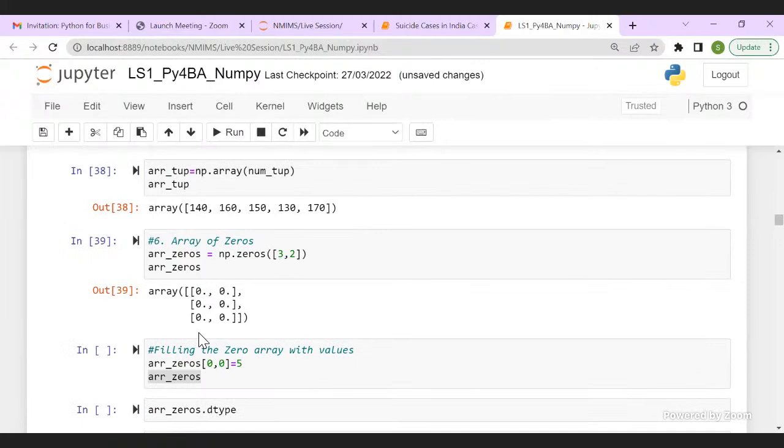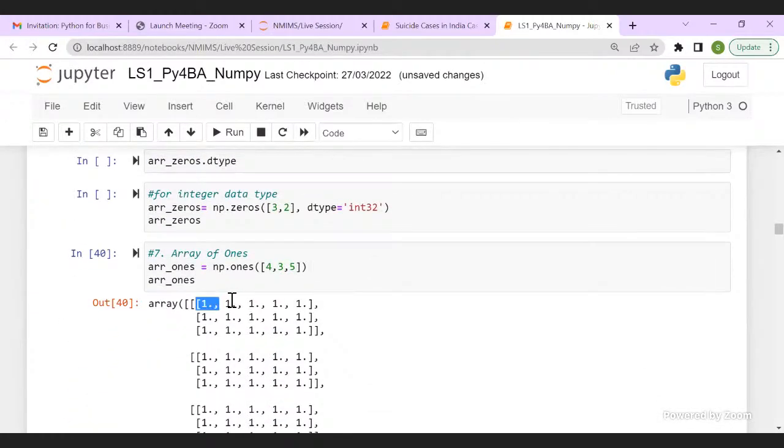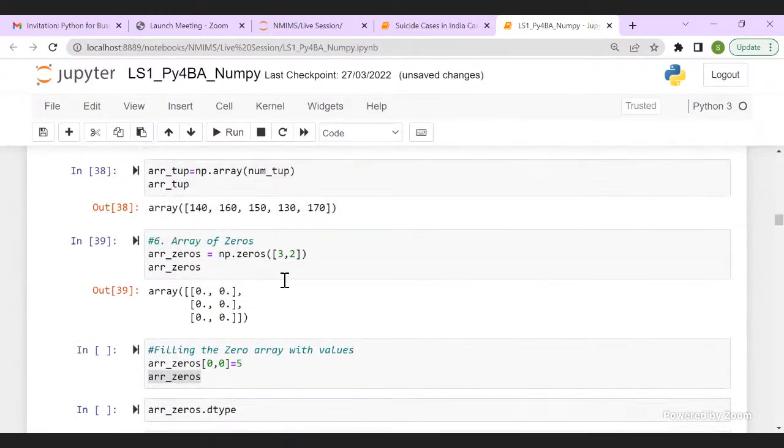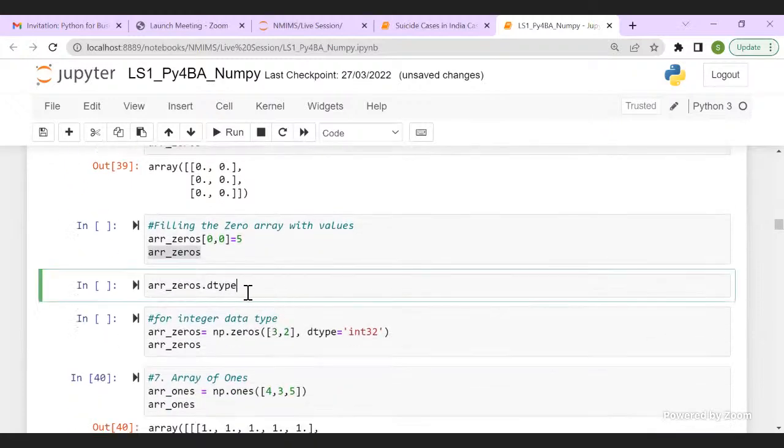Okay. Now, a few questions. Can someone tell me why there is a dot after zero here? Or a dot after one here? Yes, float data type. Correct. Few of you have answered float data type. So let me check.